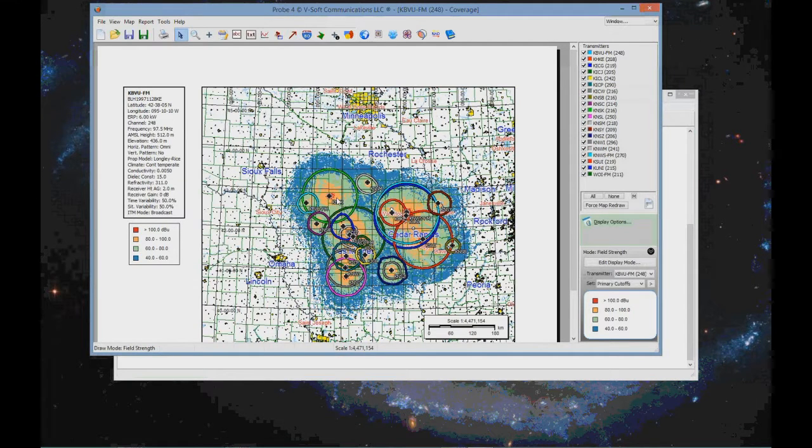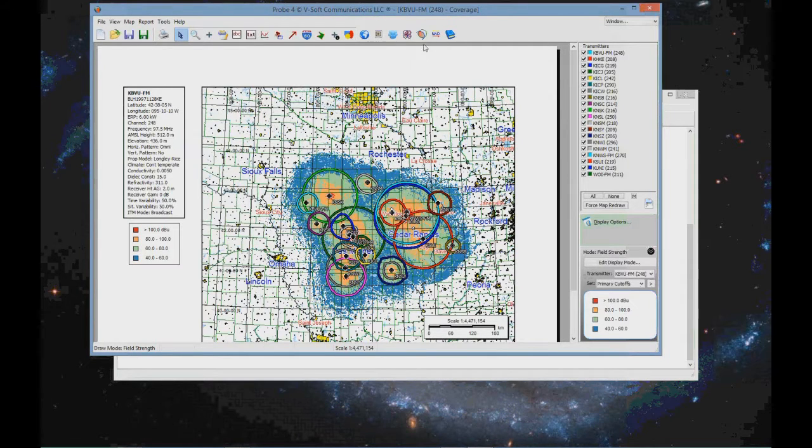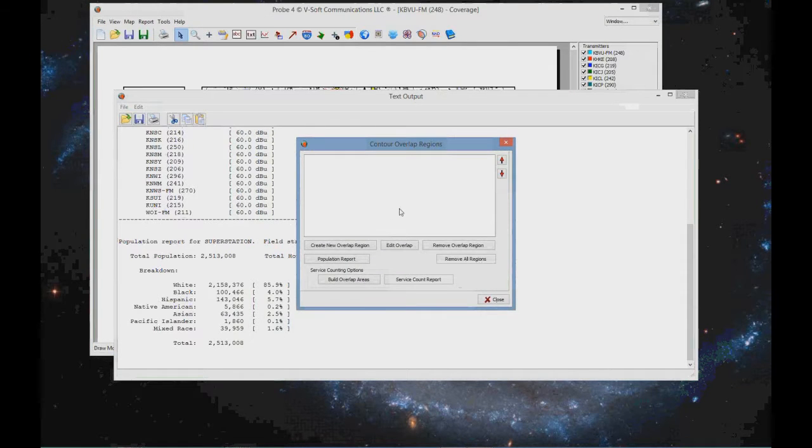Now, if we wanted to get a report that's basically the same thing, but using these contours instead, what we need to do is generate an overlap area. For that, we have another tool. The point in generating the overlap area is to create a union of all of the stations so that it considers them as one big block of stuff. To do that, if we go to Tools, there's Contour Overlap on the menu. And as with most of our other commonly used features, there's also a toolbar button. So that's up here, our Contour Overlap button. If we go ahead and click on that,